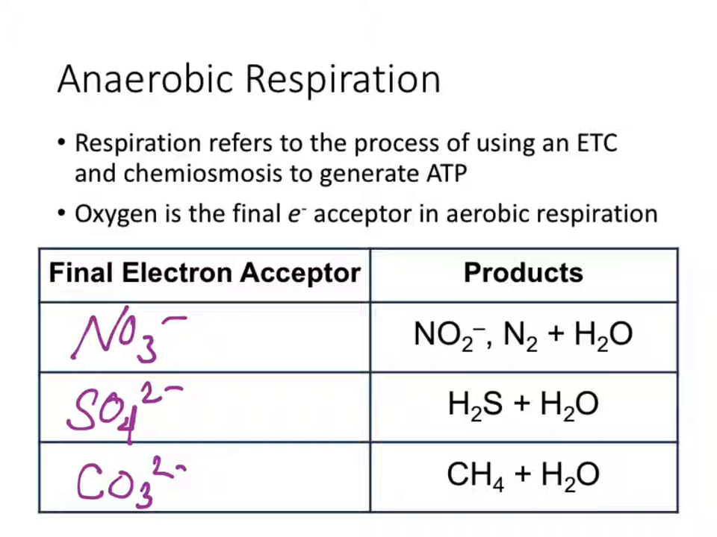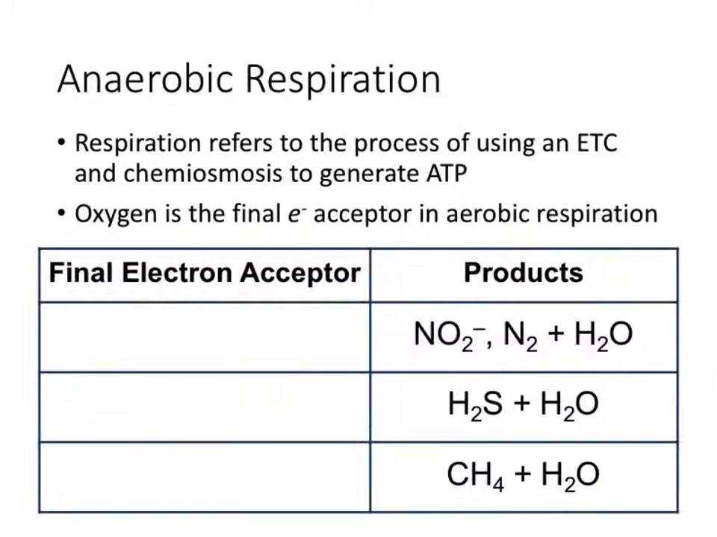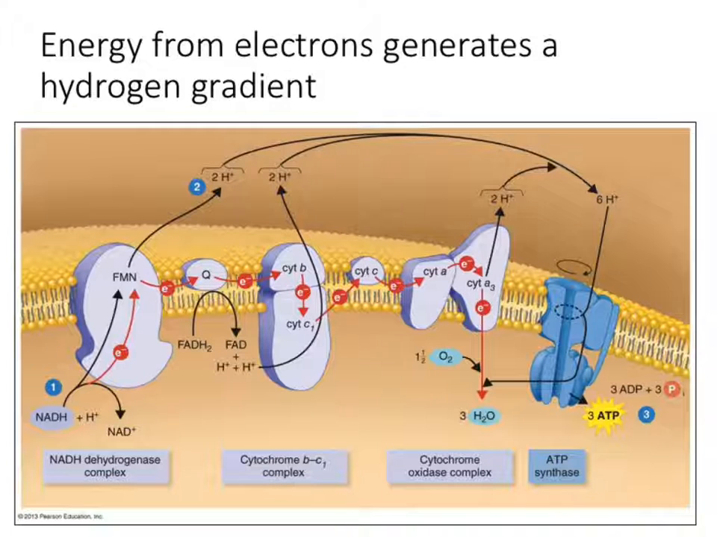For these, the electron transport chain actually changes a little bit. There are different complexes for the process of electron transport where nitrate is the final electron acceptor or where sulfate is the final electron acceptor. I don't want to bore you or make you think that you need to know all of this information, but I do want to point out, in the case of nitrate,